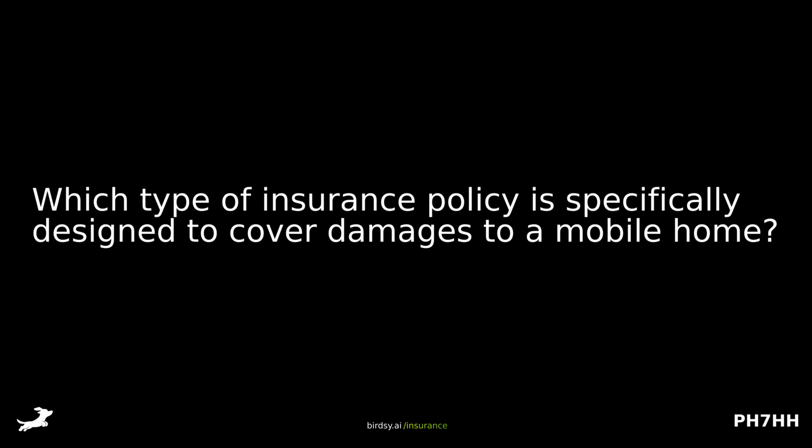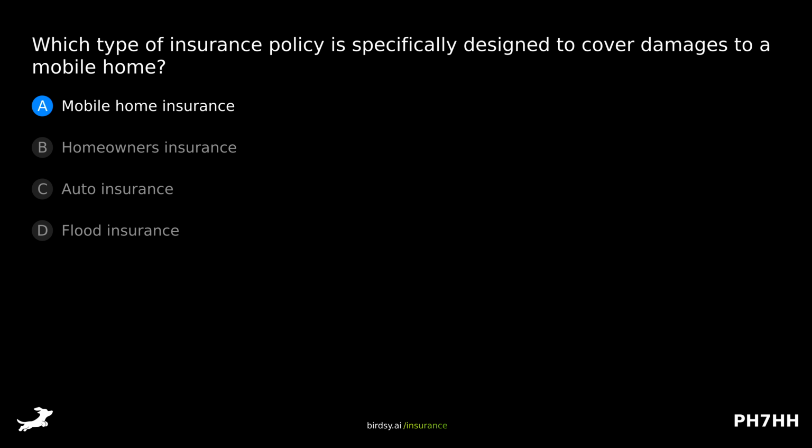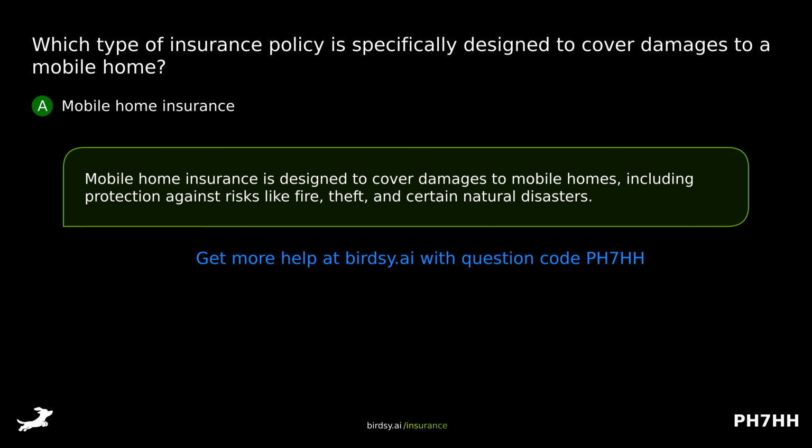Which type of insurance policy is specifically designed to cover damages to a mobile home? Is it A, mobile home insurance, B, homeowners insurance, C, auto insurance, or D, flood insurance? The answer is A, mobile home insurance. Mobile home insurance is designed to cover damages to mobile homes, including protection against risks like fire, theft, and certain